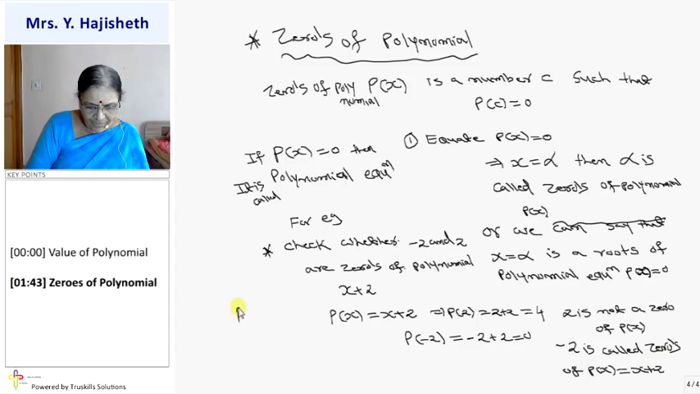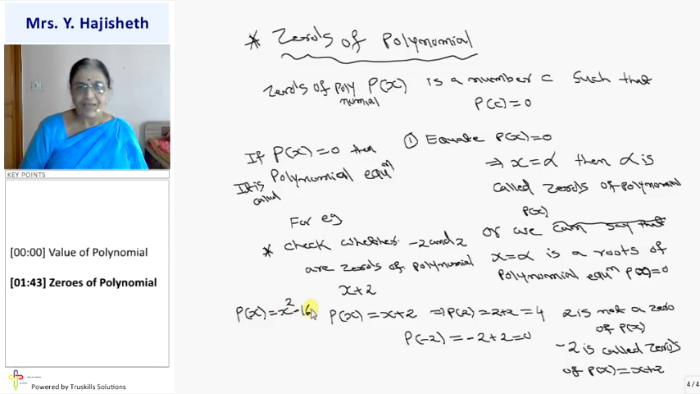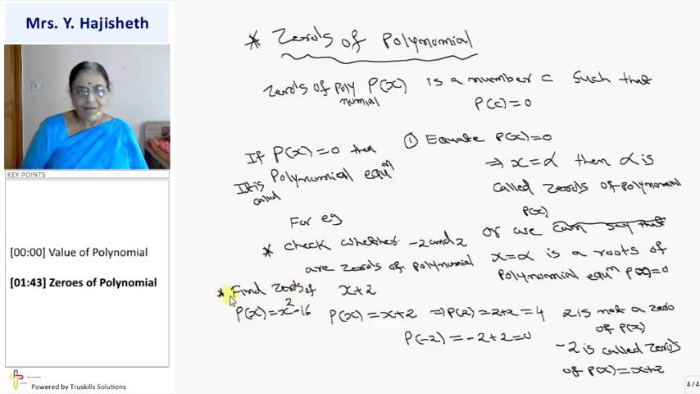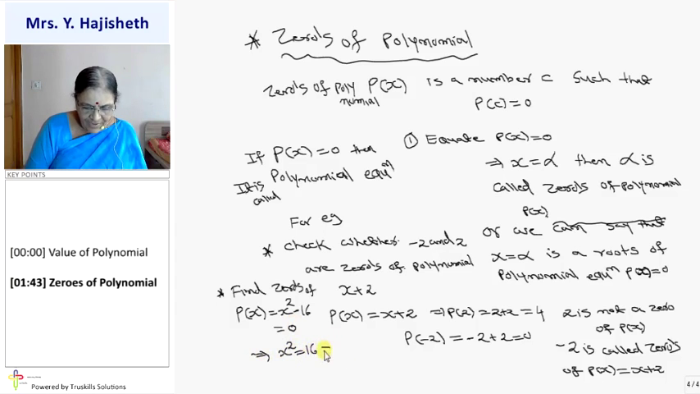Suppose, just converse of that. Suppose you are given p(x) is x square minus 16 and you are asked to find out zeros of p(x) is x square minus 16. Then what is the first step? Equate that p(x) with 0. When x square minus 16 is 0, x square is 16. So my x will be